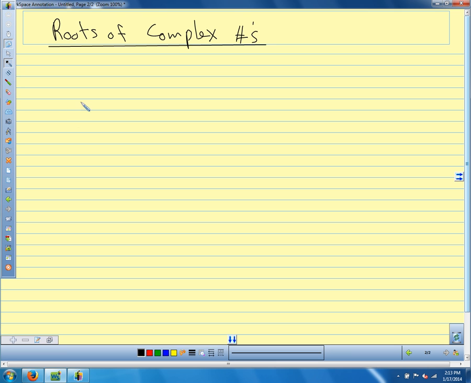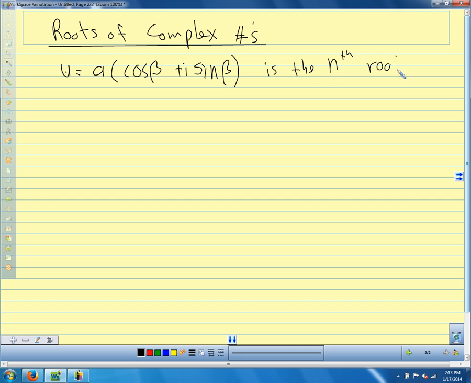Let's say that our complex number, I'm going to call it u, is a times the cosine of beta plus i sine beta. And u is the nth root of this other complex number z